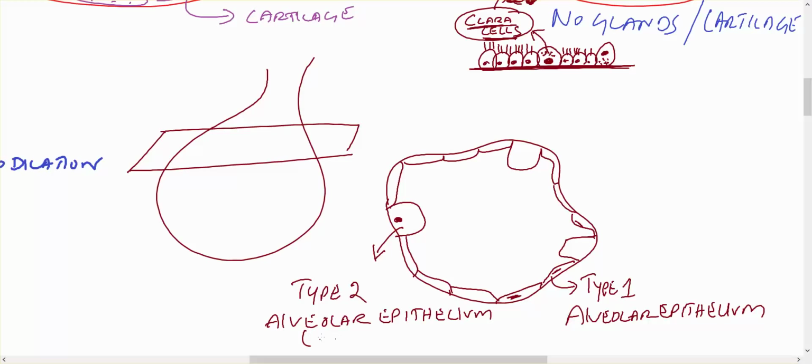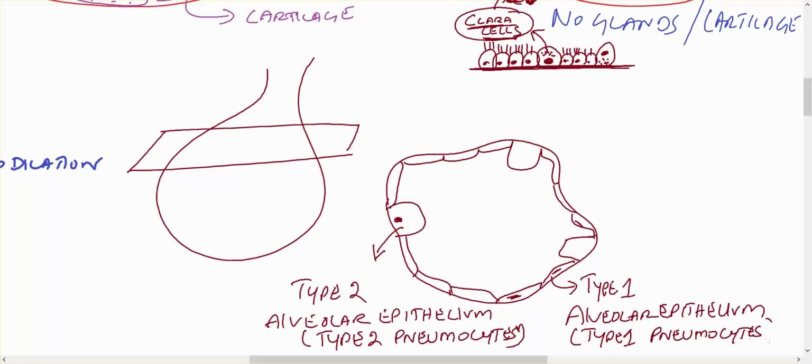Otherwise called type 2 pneumocytes, and type 1 pneumocytes. Okay, these type 2 pneumocytes secrete